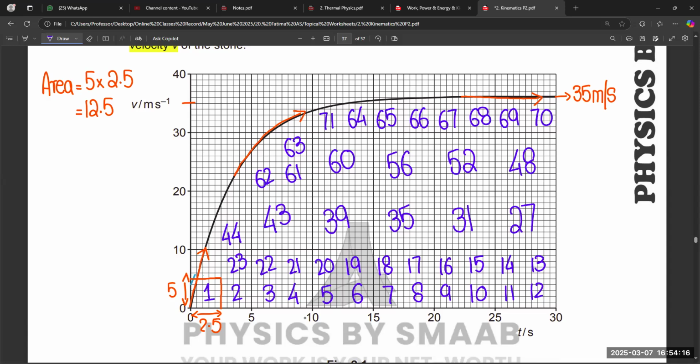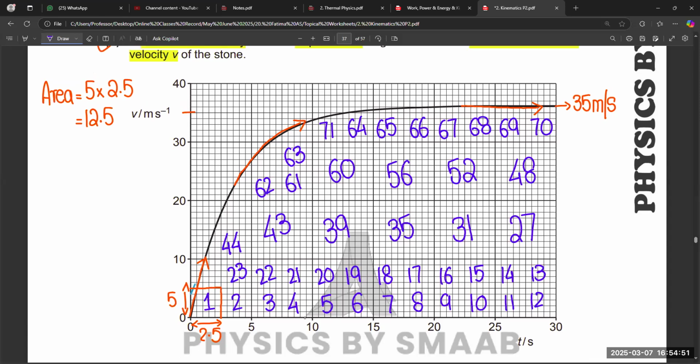So there are full boxes. Just like we discussed, one box is equal to 5 meter, 5 boxes height and 2.5 horizontal. Basically, this is the simple method. The other method is you can select a large box, like four small boxes make up a large one, because this is a curve shape and there is no particular formula to solve this type of question. So this is the only method. You need to split this graph into small boxes according to your own choice. It is not compulsory to always split into small boxes. You can also split the whole into large boxes. So that will become easier.